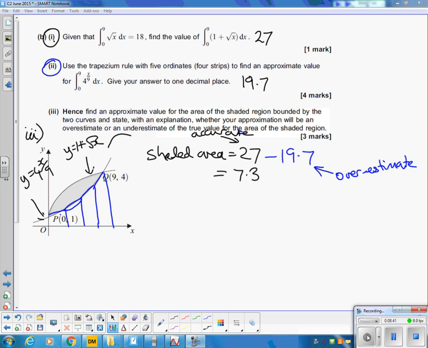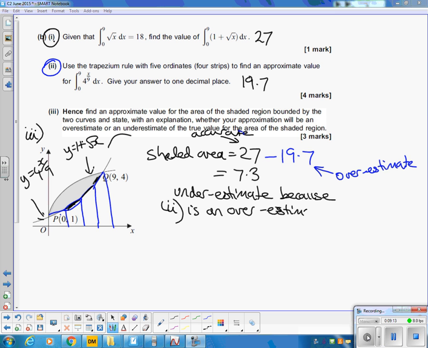So if you take an accurate answer, and then we've overestimated the area we're taking away, that means we've taken out some of this shaded bit, so our final answer is an underestimate. Because part 2, which was the trapezium rule, is an overestimate